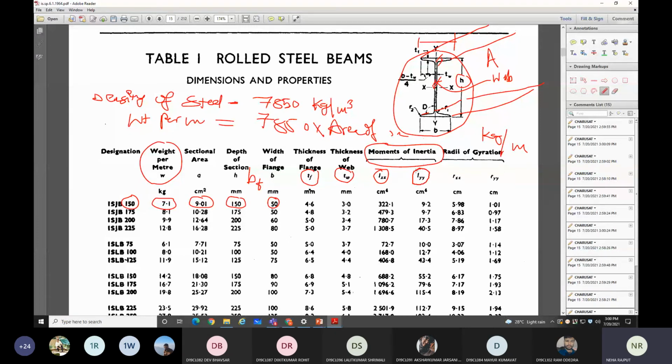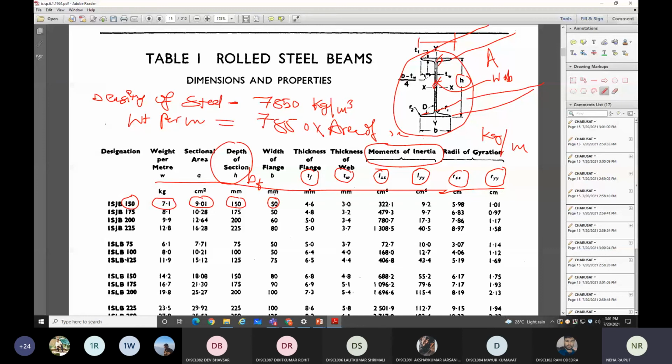You have also studied radius of gyration, and that is also directly given in this table. So for any section, all parameters will be available in steel table or in SP6,